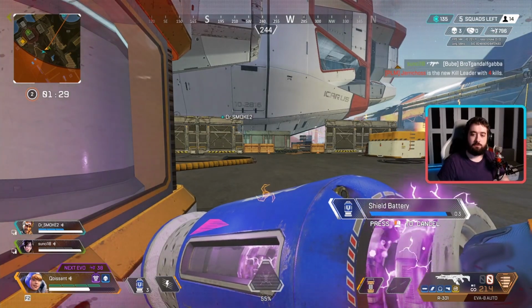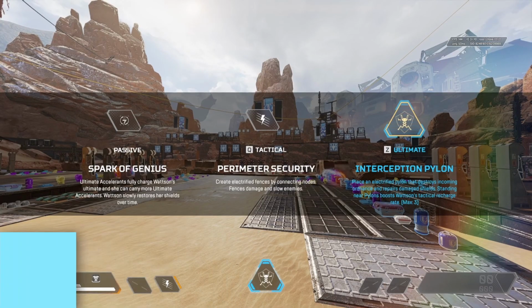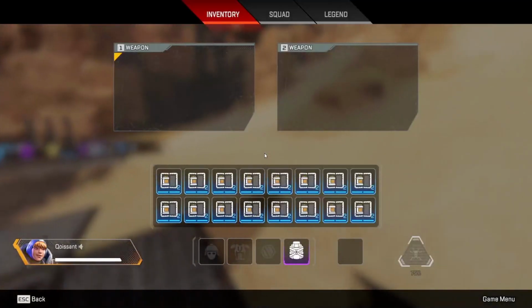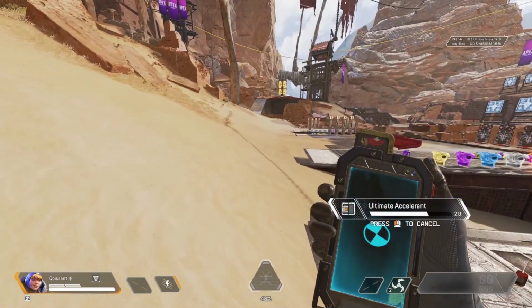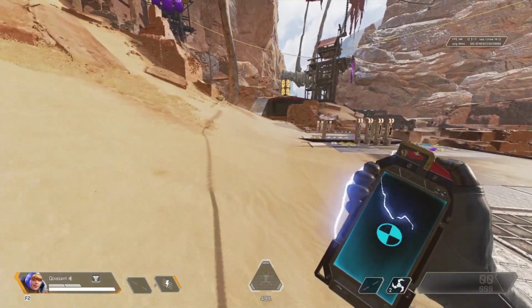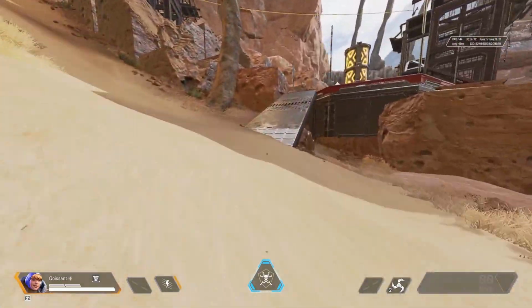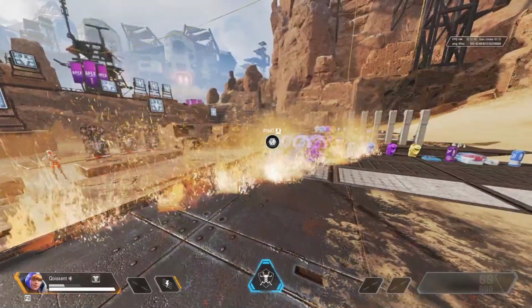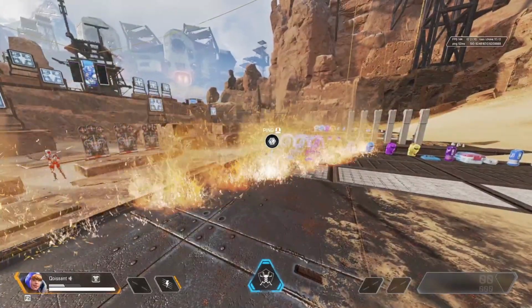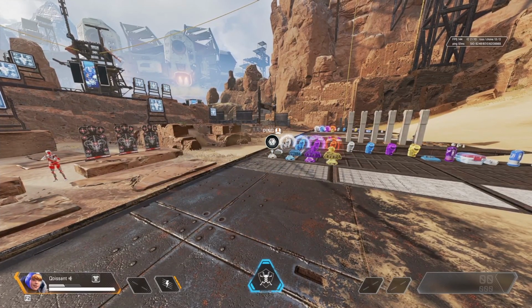Wattson's passive is labeled Spark of Genius. It allows her to carry 2 ultimate accelerants in one slot. It allows her to gain 100% of her ultimate charge from an ultimate accelerant instead of the usual 30-35%. It also allows her to regenerate 0.5 shields per second passively over time,